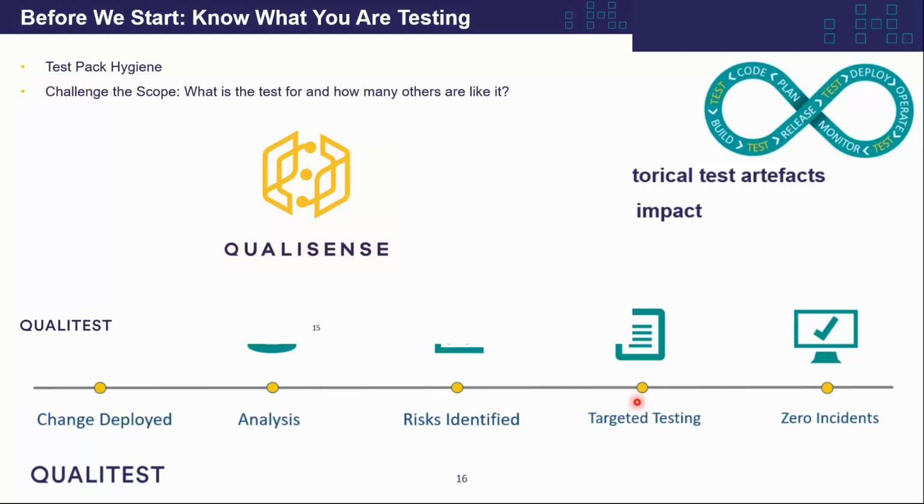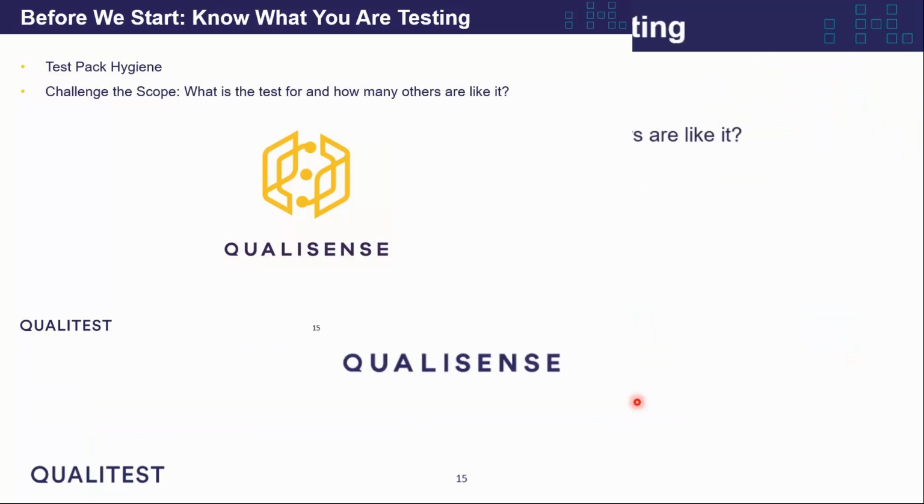So the first one is what we call the test consolidation case. In this case, what you're trying to understand is, I need to test across the entire breadth of my application, but I don't want to over-test in any one area. You think about test packs. Over time, they inevitably pick up dead weight, for want of a better term.